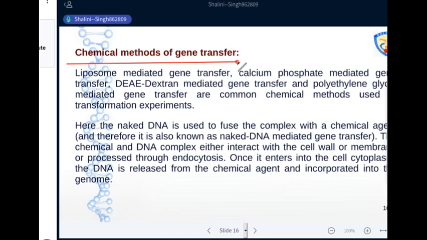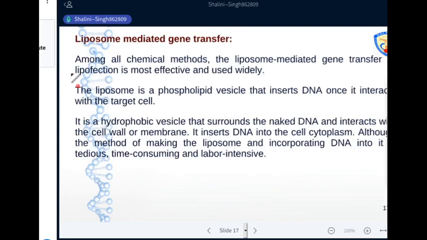Next among direct gene transfer methods are chemical methods of gene transfer. Here, the naked DNA or gene of interest is complexed with a chemical agent. The chemical and DNA complex either interacts with the cell wall or cell membrane or is processed through endocytosis. Once it enters the cell cytoplasm, the DNA is released from the chemical agent and incorporated into the plant genome. An example of a chemical gene transfer method: first is liposome mediated gene transfer. Among all chemical methods, the liposome mediated